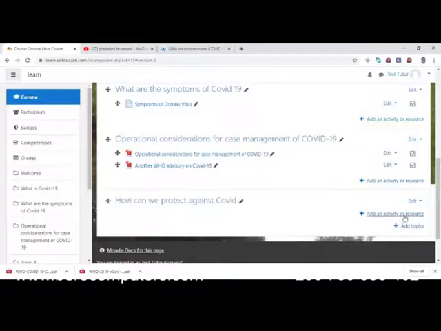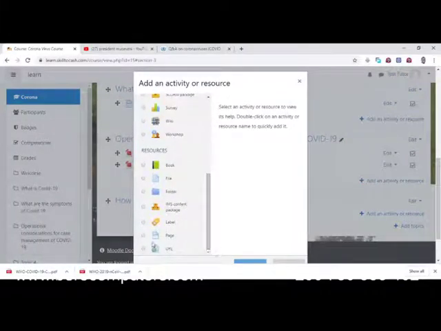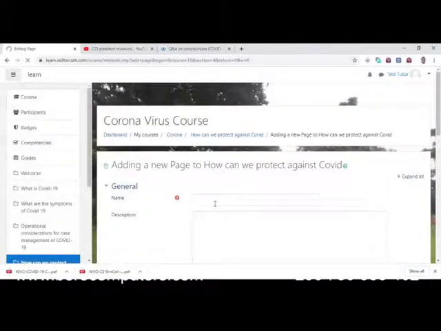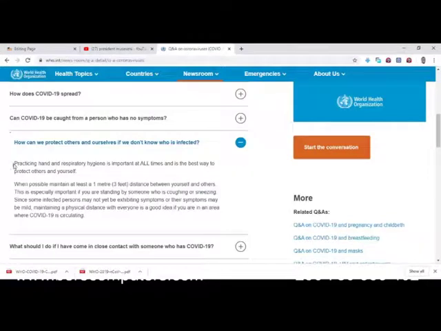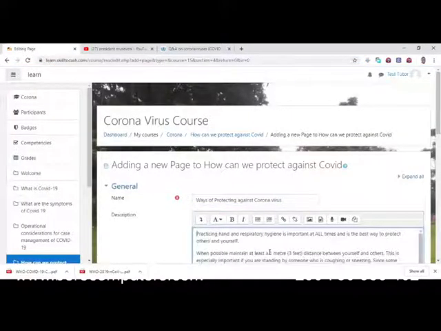We're going to add an activity. Let's just put a page here for the moment. Page. And then we're going to say, just for the sake of making it more realistic, ways of protecting against coronavirus. Right, so we're just going to copy from World Health over here. Hand and respiratory hygiene is that one, blah blah blah,